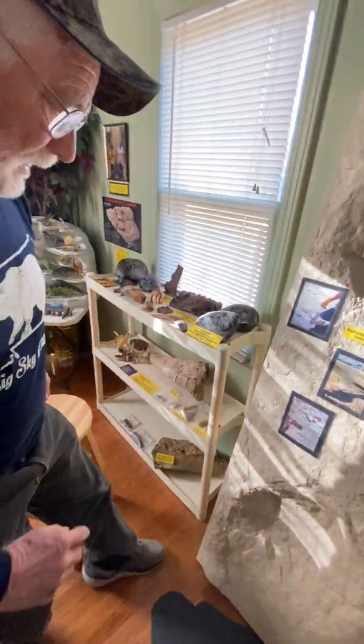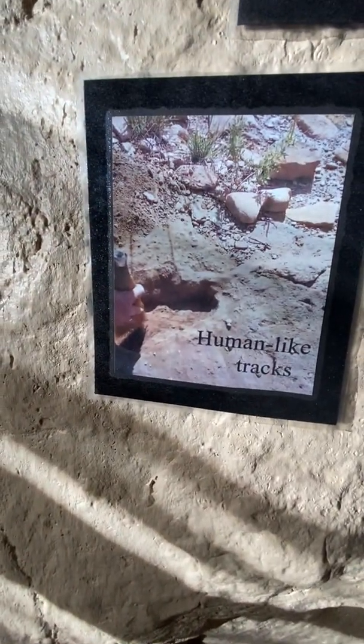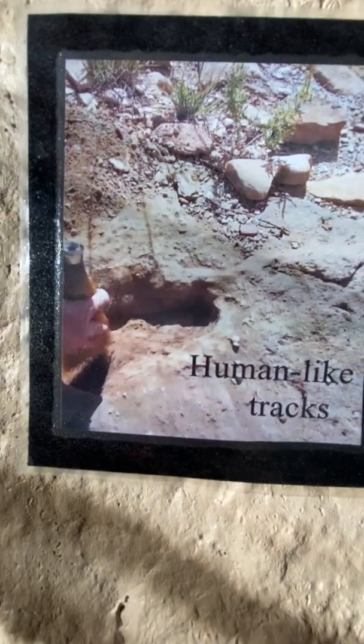and I need to get out of the shadow. But down here about, I would say 50 feet away from this trackway of dinosaurs, and about 4 inches above it, it appears to be about 5 steps of a human trackway, which would be totally out of sequence for what the evolutionist worldview would be. Yeah, it would be totally out. And it's a left-right